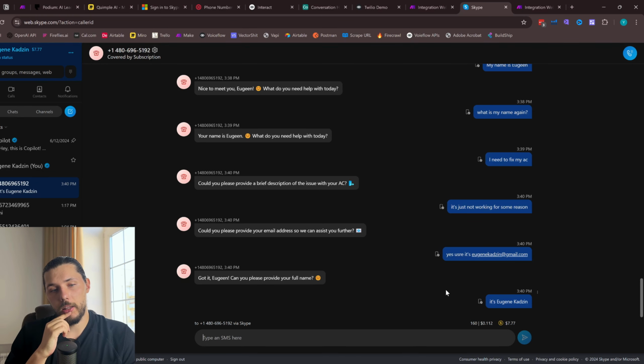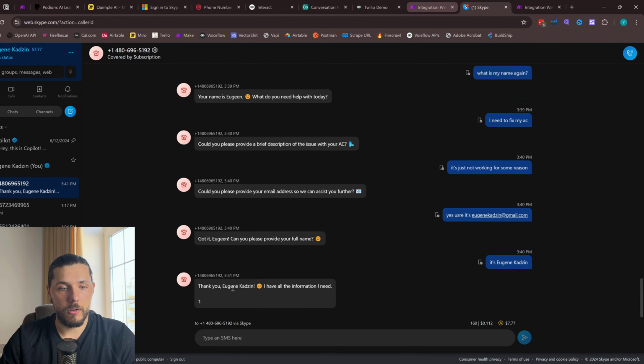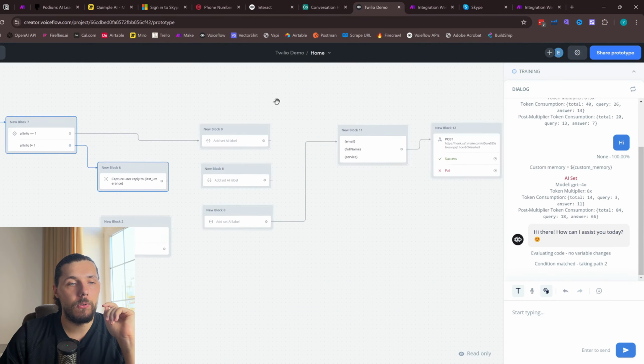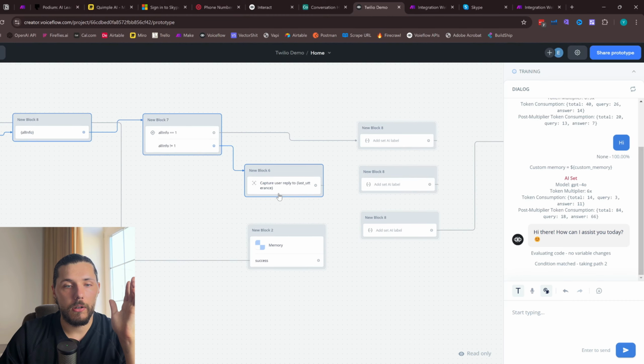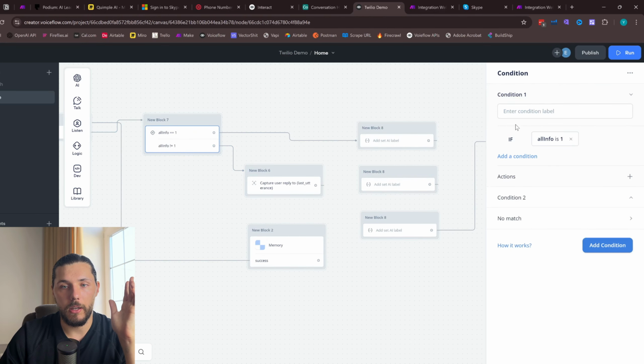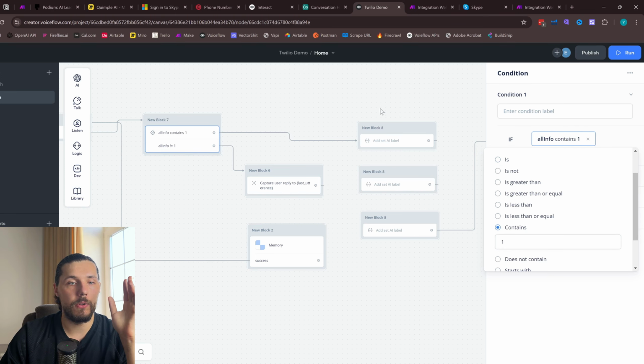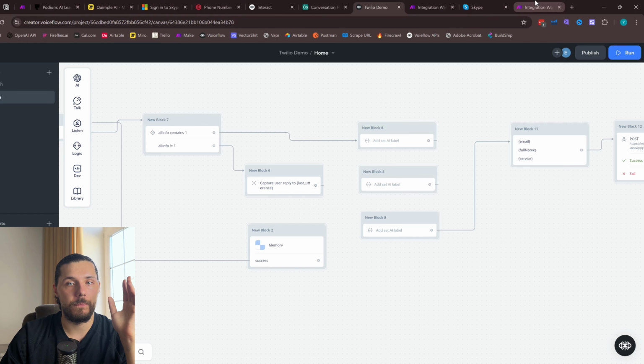Ideally, it should send the webhook right now. Okay, so I needed one. No, it did not. Why? Because as you can see here, it said thank you and then it outputted 1, but it actually needs to just output 1. Maybe that's going to be easier. For example, instead of checking that the condition is 1, we can say contains 1. So if it would be something like that,